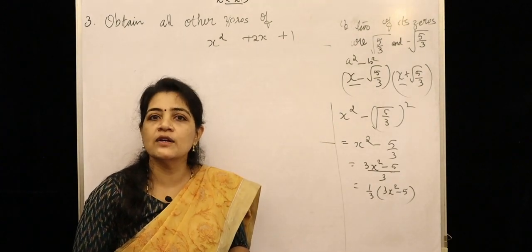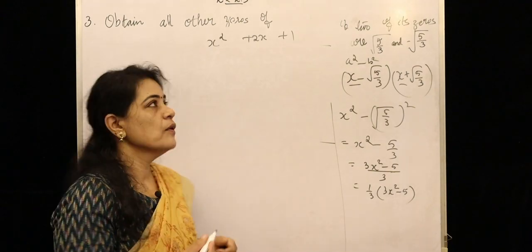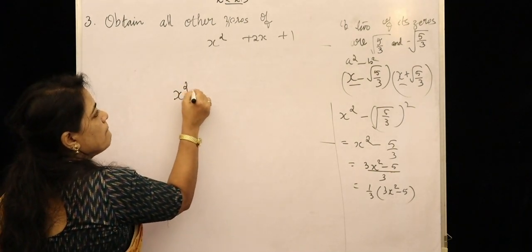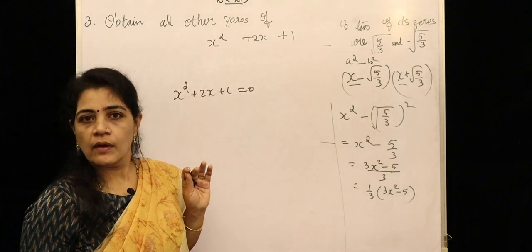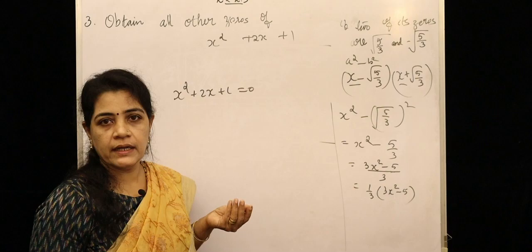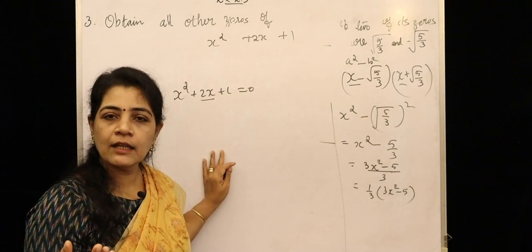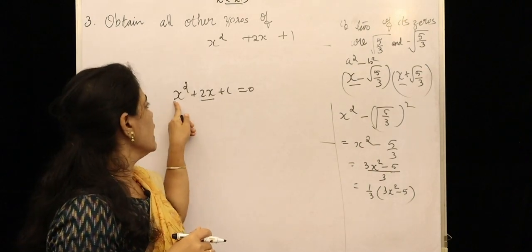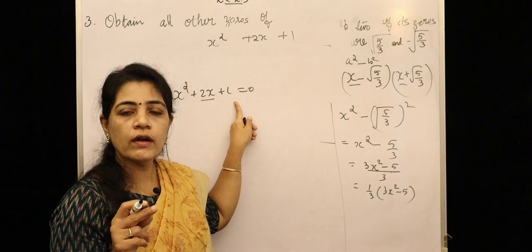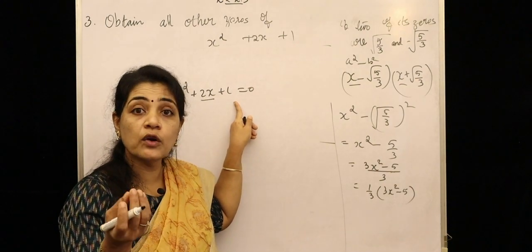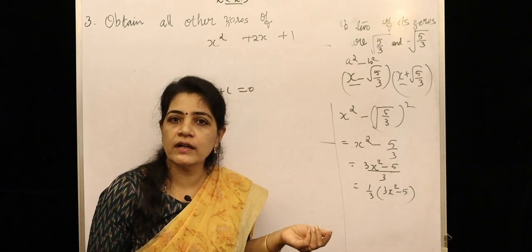So in order to get the zeros, what is the rule? Equate p of x, that is this polynomial, to 0. So x square plus 2x plus 1 equal to 0. And by splitting the middle term, here the middle term 2x should be split by taking the product AC. Here a is 1, the coefficient of x square, and the constant is 1. What can be the factors whose sum is 2? Since 1 is the only factor for 1,